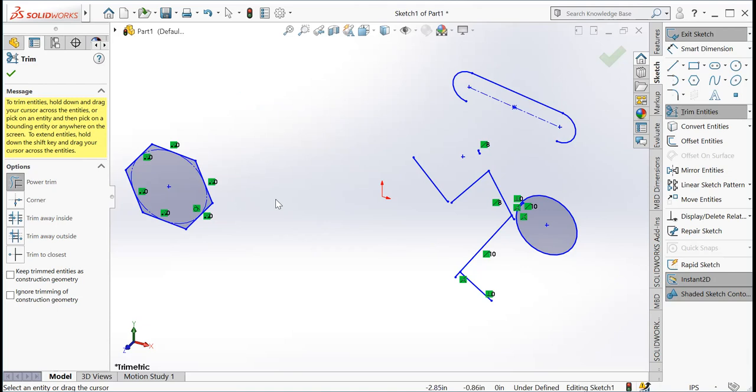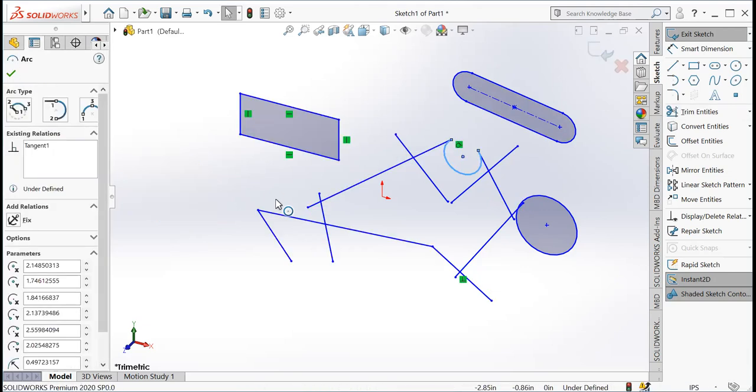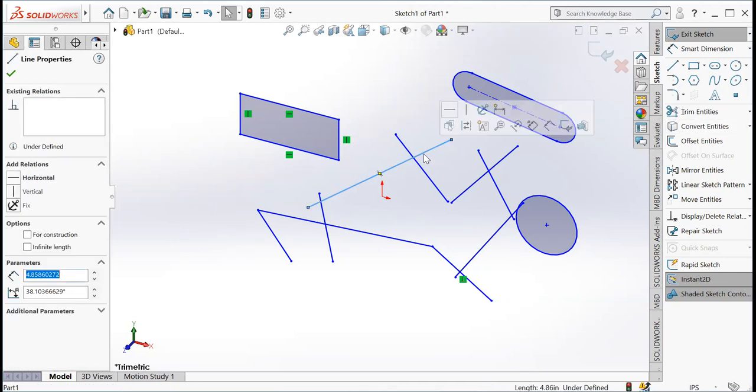Now again in the same trim, I have to show you another command, that is extend entities. Now in this, I'm selecting extend entities. If I select this line, I will get the parameters, what is the length, what is the angle of this line.